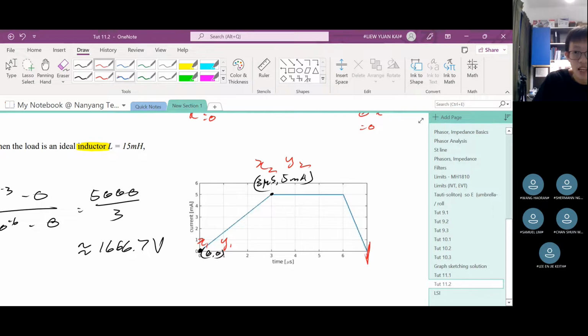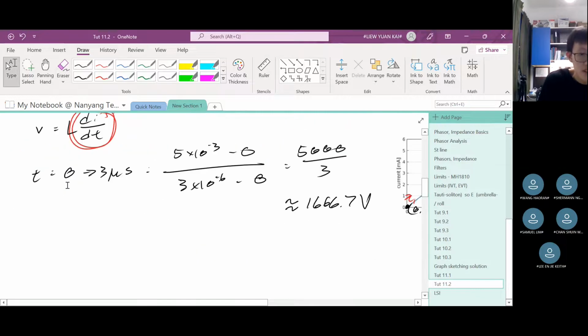Then, what about the last segment? The last segment here, the coordinate is 6 microseconds, 5 milliamperes. And then down here, it goes to 7 microseconds, 0 milliamperes. Okay, so you find the di/dt, which is the gradient. So from 6 to 7 microseconds,